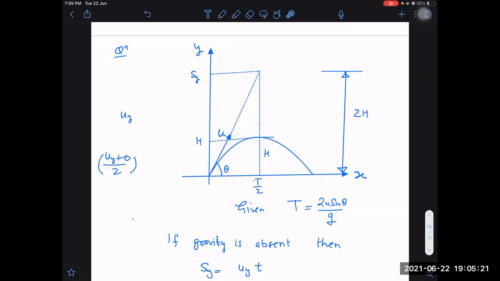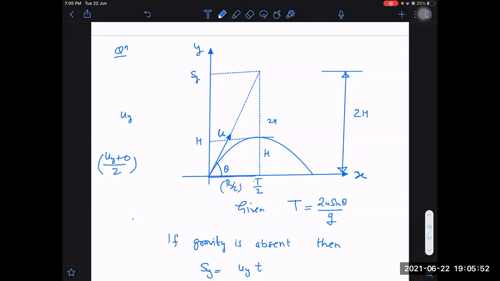Understand, because here the speed is becoming half in gravity, therefore the distance covered along y is becoming half. And here the average speed is uy only. So its distance should become double of that. Average speed into time taken will be distance. So its distance is double. Anyway, once we keep this idea in mind, then I know this is r by 2. This is 2h. Notice 2h, but r by 2.